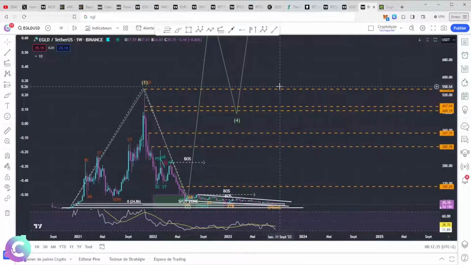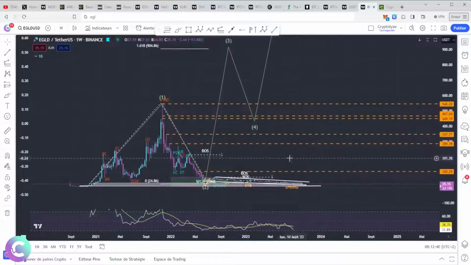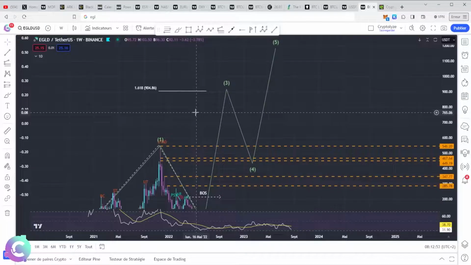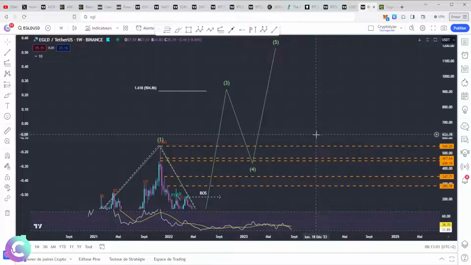Second target would be to retest the 88. So retesting the 88 is implied in a bull run, at the end of a bull run, to potentially prepare for a wave 3, a very impulsive wave 3. So we would be in wave 1, wave 2, and wave 3 with the classic objective. When we report the 1 on the retracement of the 2, it is the 1.618, with an EGLD in the vicinity of $900 on an end of bull run. So that is to say, end 2025, to give you really perspective. So there, we would be in this typology, so it's really long term.